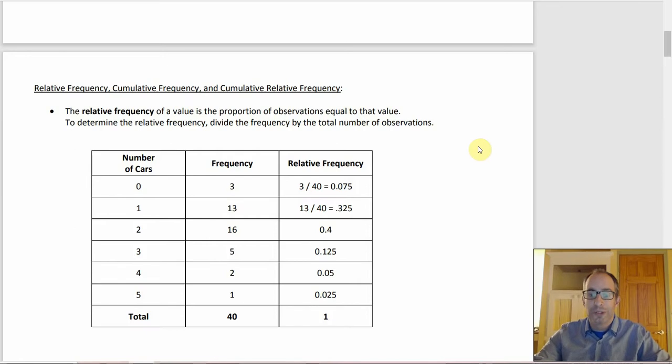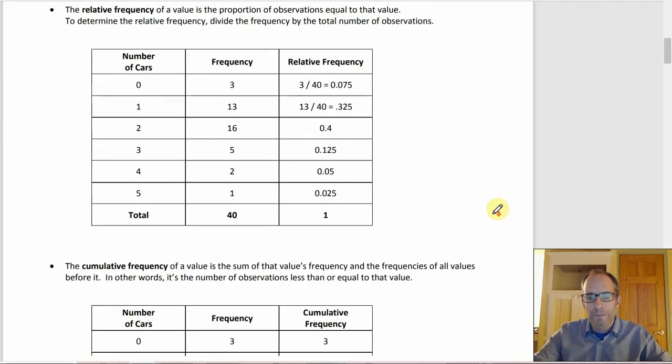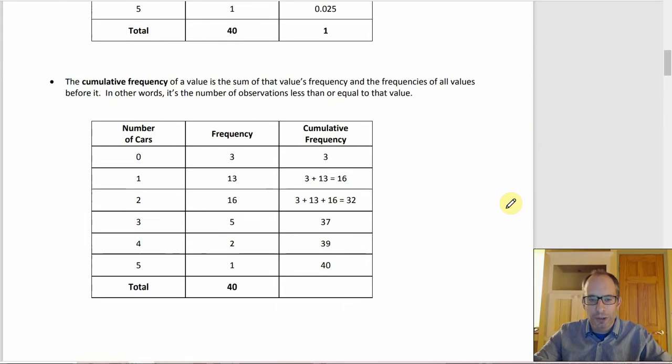And the relative frequencies should add up to 1, right? Because 1 in proportion form is 100% in percent form. So they should add up to 1. The next thing is cumulative frequency. This is a little bit different. So the cumulative frequency of a value